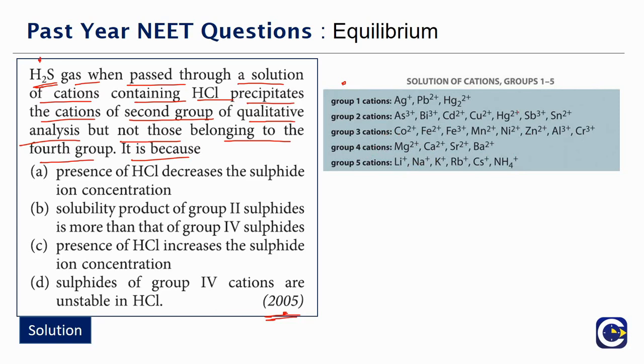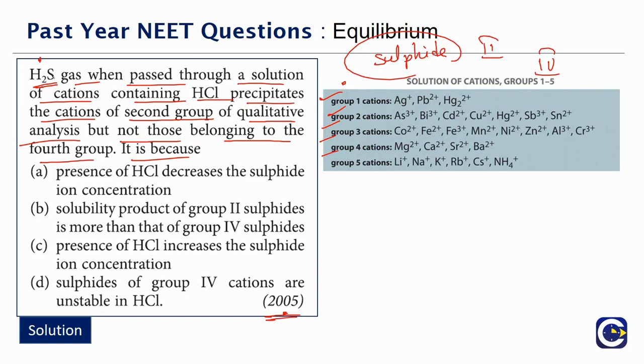So these are the different sets. The reason why they are classified is because the analysis steps will be pertaining to the respective categories. So the analysis step for group 1 will have a certain procedure, group 2 will have a different procedure and so on. So if you look at why the group 2 cations are able to form precipitate, it means they will form the respective sulfides. Group 2 will form the sulfides and group 4 will not form the sulfides.